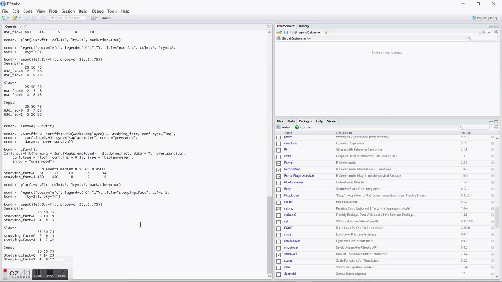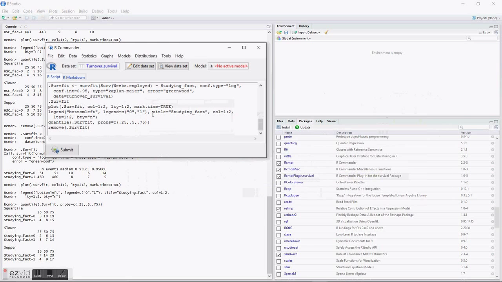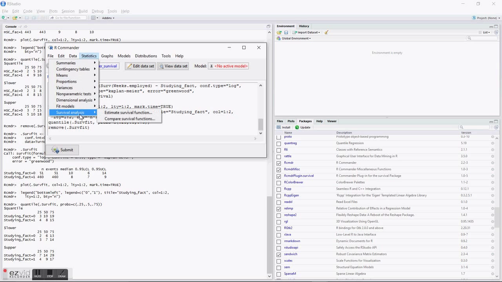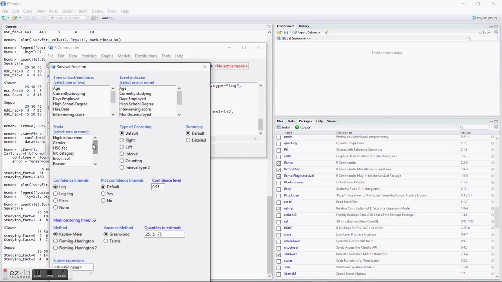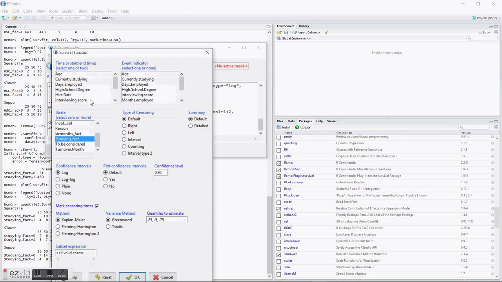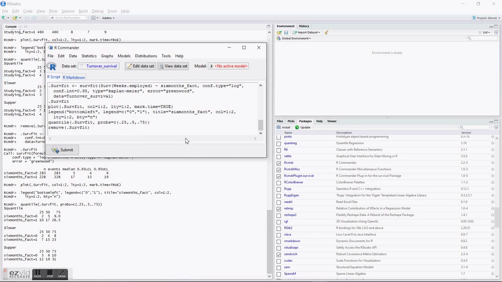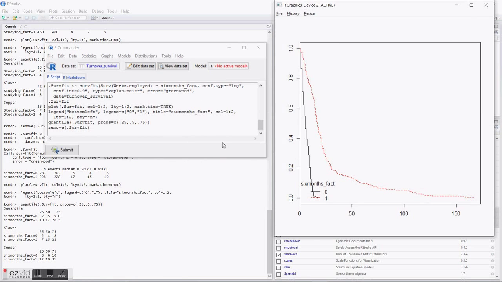So now let's do the analysis again with a different variable. Statistics, survival analysis, estimate survival function, and now let's select the interviewing. No, let's select if they have more than 6 months in the company. And let's look for the graphic. Here it is. There's a huge difference between people who do have more than 6 months of experience and people